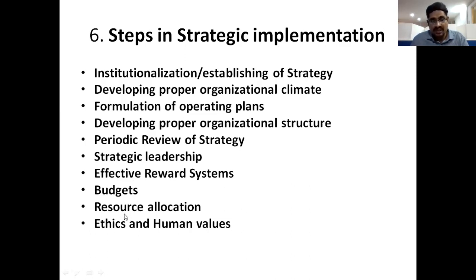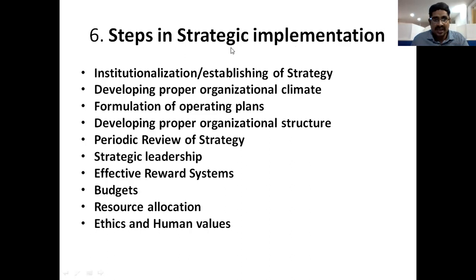Next, last but not least, resources allocation. Resources, I already told you a number of times, means the 5 M's: money, men, material, machinery, and methods. Money, material, machinery, methods, and the men. These are the 5 M's. That is called resources. So resources allocation to